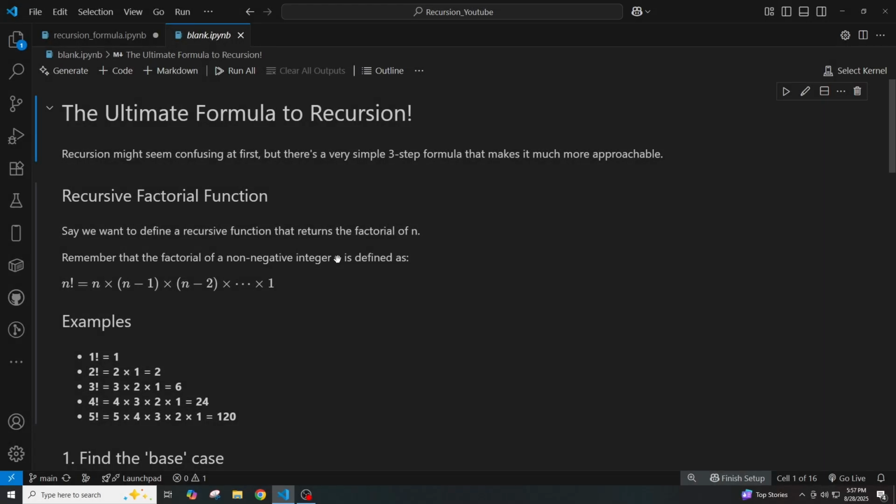Hey everybody, my name is Calvin, and today I'll be teaching you a very simple formula that you can use to learn and master recursion. Recursion might seem a bit confusing at first for a beginner, but there's a very simple three-step formula that makes